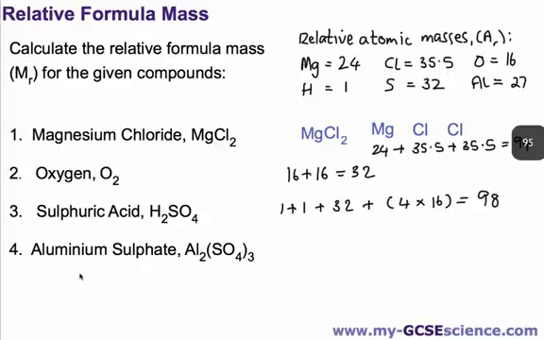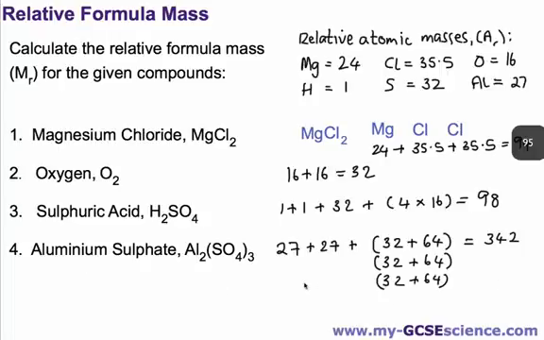And for aluminium sulfate, this is the complicated one. I'll put the calculation on the screen there for you, and you can see whether you got that right or not. So there's the one for aluminium sulfate. You've got aluminium, which has a relative atomic mass of 27, so there's 2 of those. But remember, the SO4 here, the 4 applies to the oxygen, so there I've put the 64 there because that's 4 16s. But we've got brackets